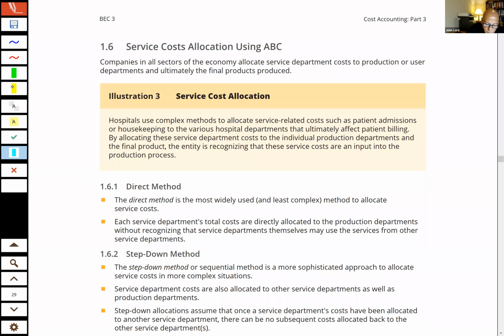Now that's just a basic discussion of activity-based costing, but it could also be used for service cost allocation. Okay,